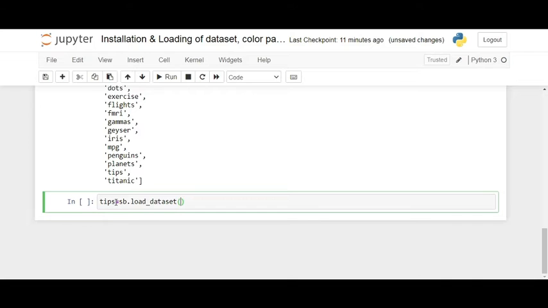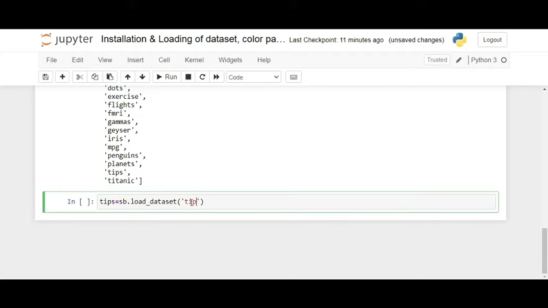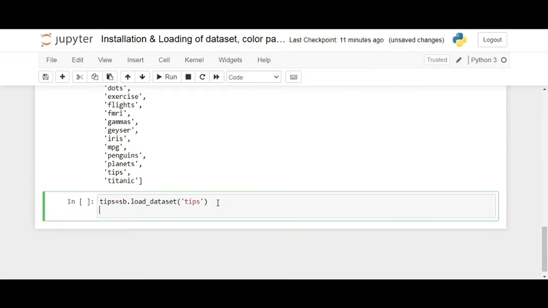I want to use tips, so I will write its name here, tips. Now after running this one, I will use tips dot head.